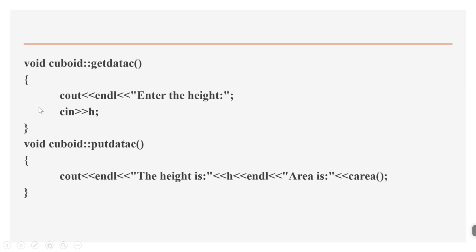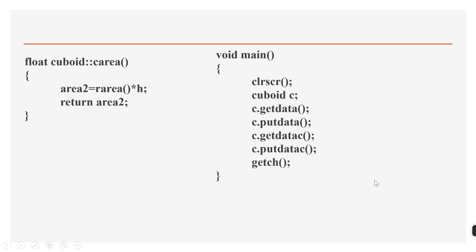So, using get data C, you read the value of height. Using put data C, the height is h. The volume, it should be volume, not area, is C area. What is C area? It is a function. C area is a function. Now, here, how am I using the